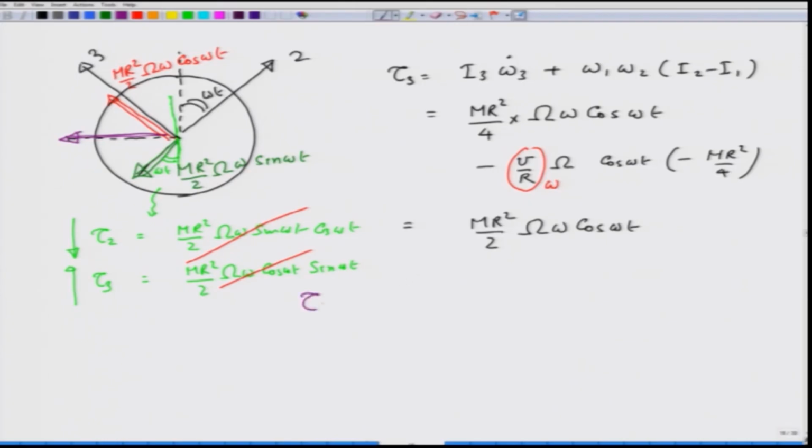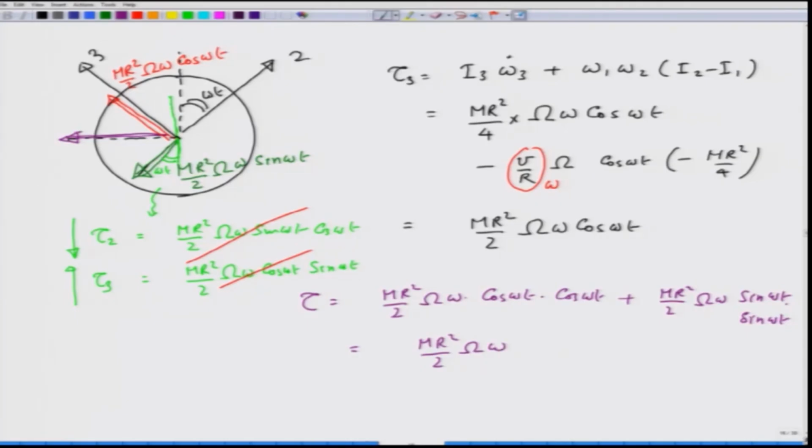So, tau is going to be mr square over 2 capital omega, omega cosine of omega t times cosine of omega t plus mr square over 2 capital omega, omega sine of omega t times sine of omega t, which is nothing but equal to mr square over 2 capital omega, omega